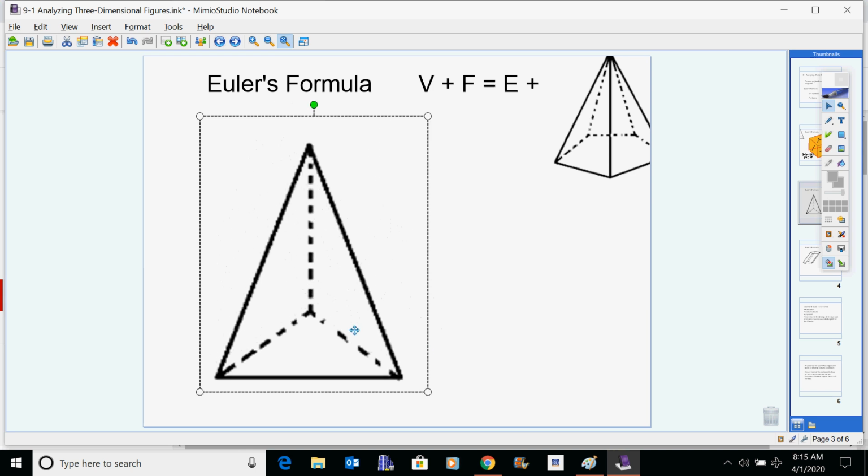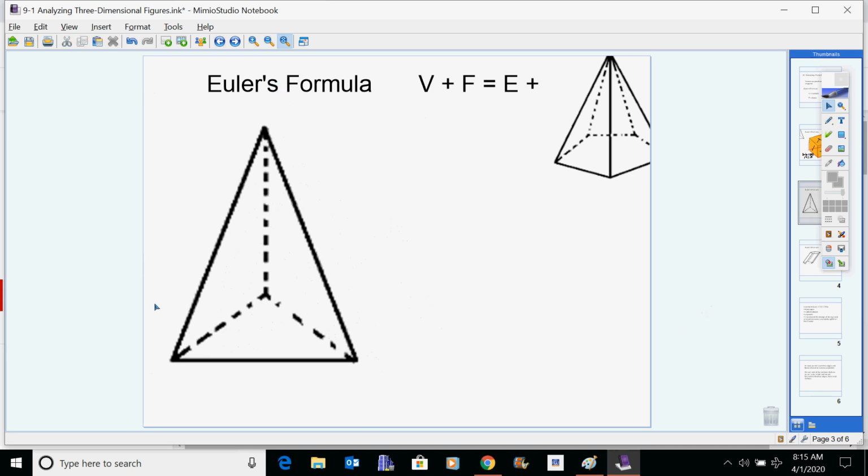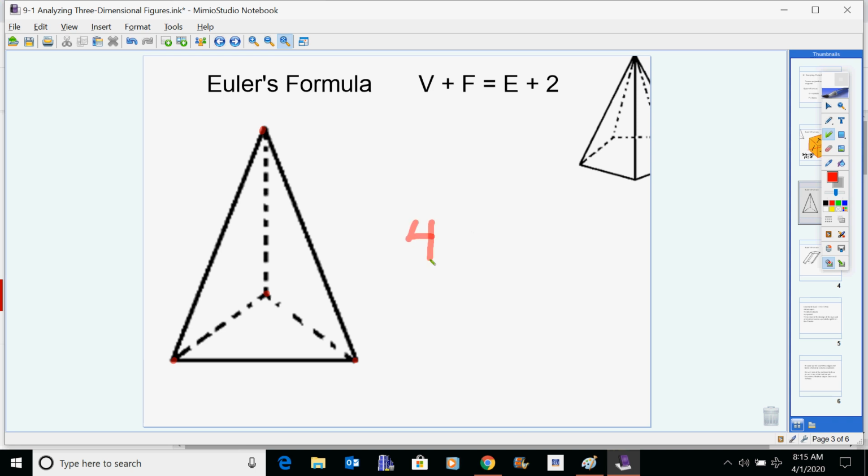this figure right here, okay, it's a triangle that's been, kind of, a word for right now. We want to apply it and see if it works with it. So we've got our vertices. Let's count them. 1, 2, 3, 4 vertices. The faces, 1 face on the front, then 1 back here, 2, 3, and 1 on the bottom. So that's 4. And that equals,